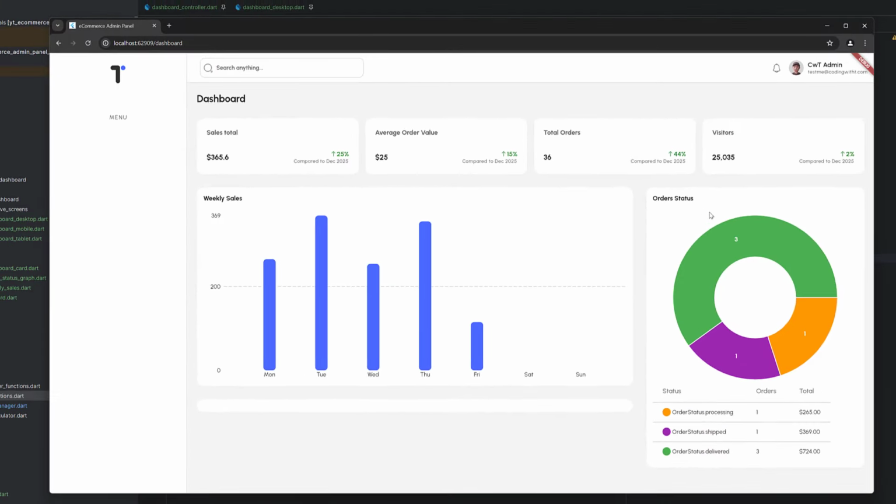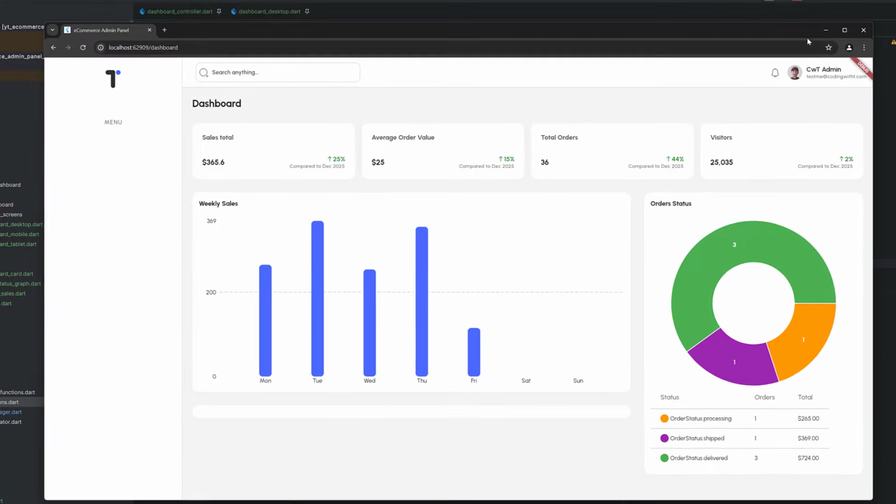Okay, so our application is running, and you can see we have a status of OrderStatus.processing. Number of orders is 1, delivered is 3, shipped is 1, and this is the total price that we have for each order. Now to display the proper naming of the status, I will go to the dashboard controller,